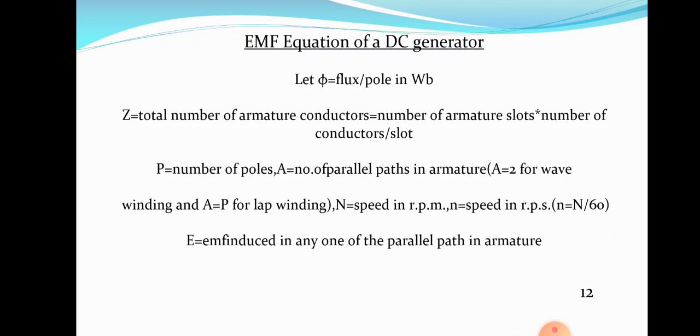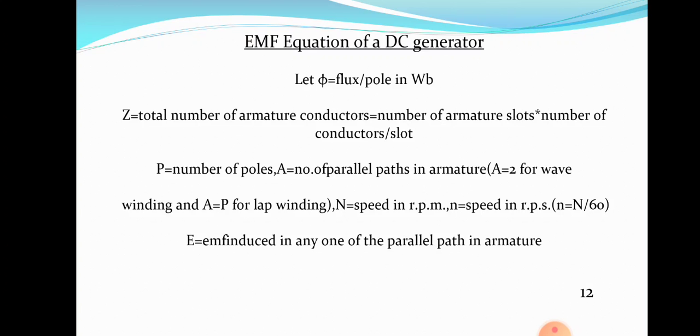Very important definition. P is equal to number of poles. In the earlier figure, in the last class, I showed you the constructional feature of a DC generator, which consists of 4 magnetic poles. So don't think that there should be 4 poles in every DC generator. No. Any number of poles may be in a DC generator. Even number of poles should be in a DC generator. It should not be an odd number. In that figure, there are only 4 poles. It should be an even number, not an odd number at any cost. So P is equal to number of poles.